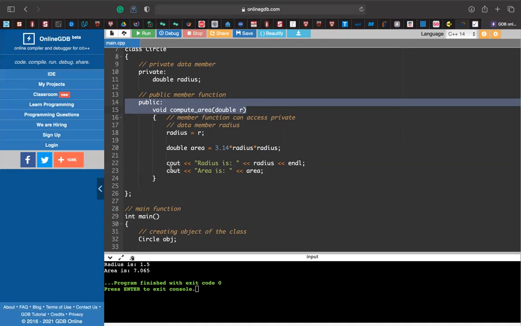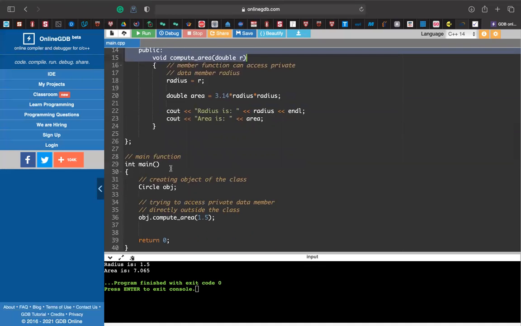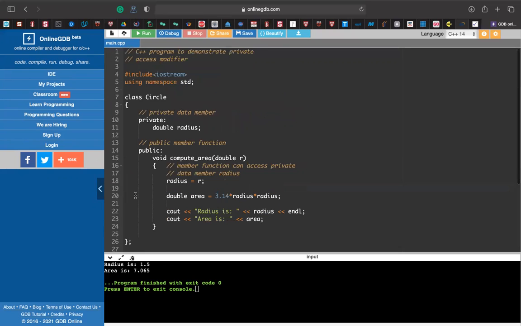And here in the main function, we just created an object in order to call or utilize the member function, which is public. Now, for instance, what if I